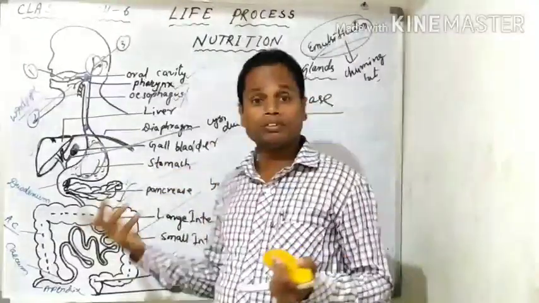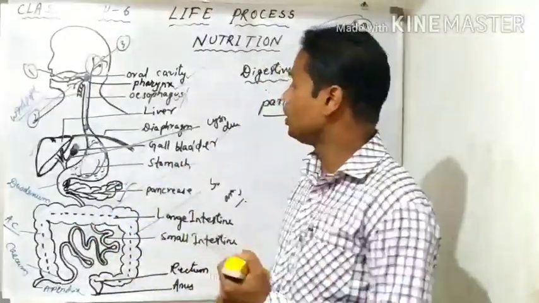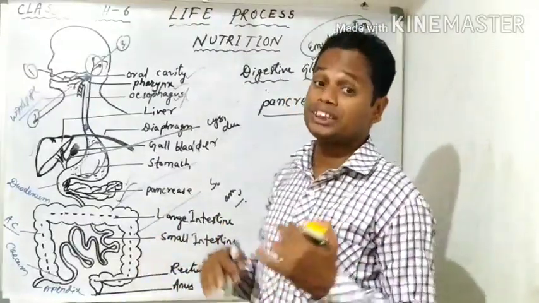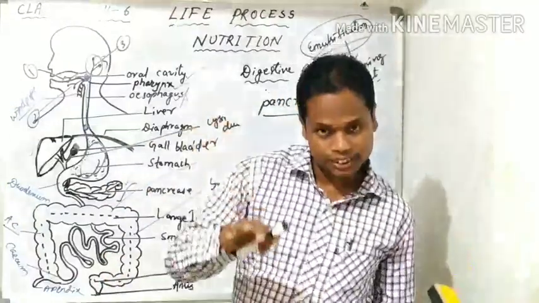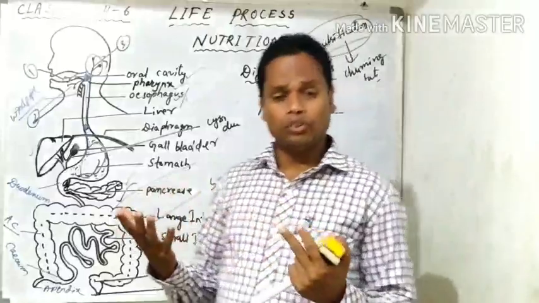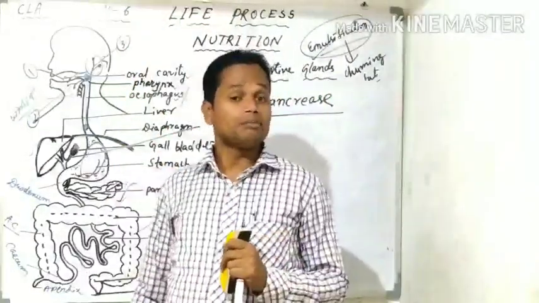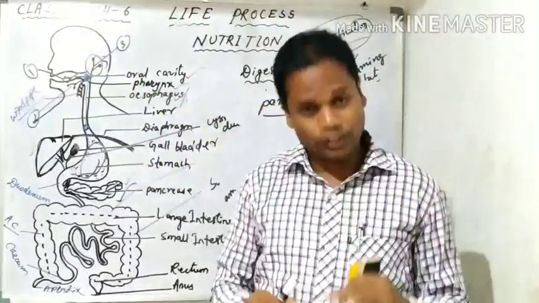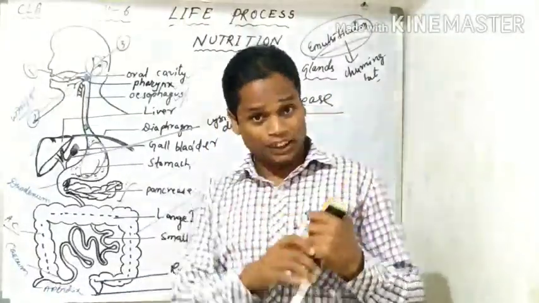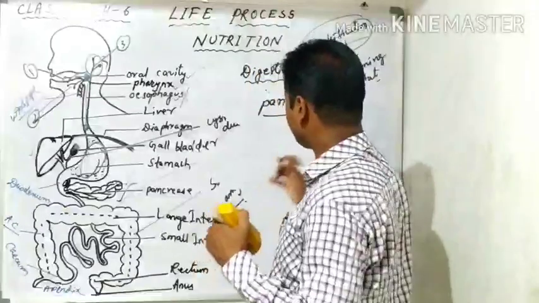Similarly, the third type of gland is a mixed gland, that is pancreas. Pancreas has two parts. One is the endocrine part, another is the exocrine part. Related to the endocrine part, you will read it in chemical coordination. From the exocrine part, the enzymes are secreted, like